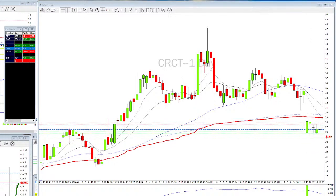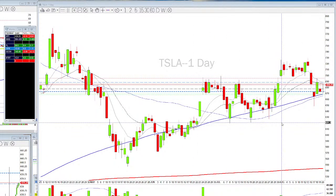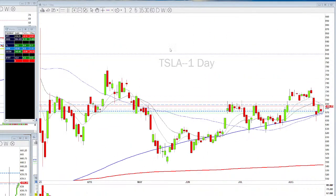Okay, look at the Tesla. Not a low volume day, so